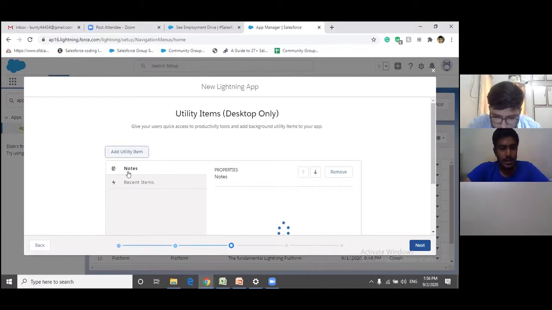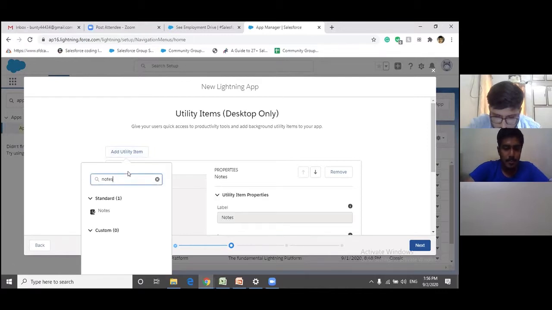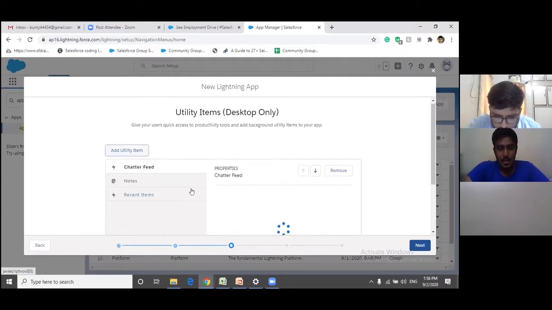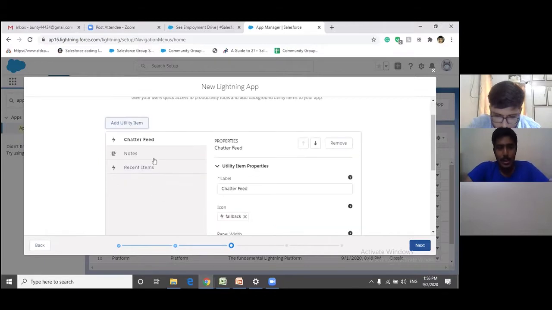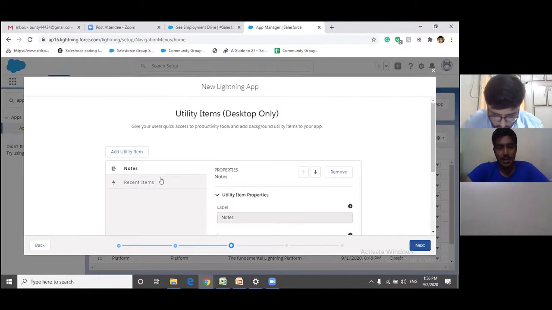I want Chatter in the utilities. So I got it, these three will be at the bottom. I don't think I want Chatter. How do I remove it? Here is a remove button. I can remove Chatter, so I am removing Chatter. I want recent items in the first place rather than notes. So I can move recent items to the top.